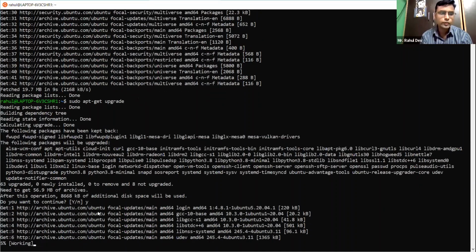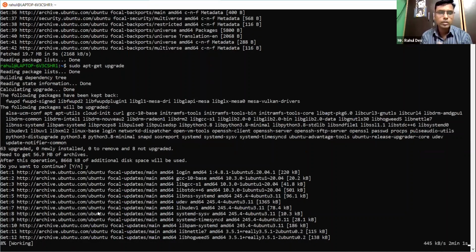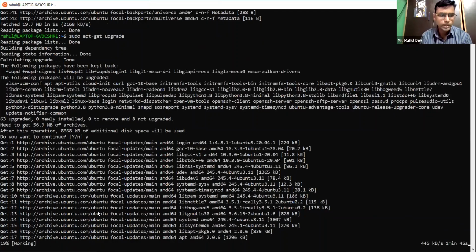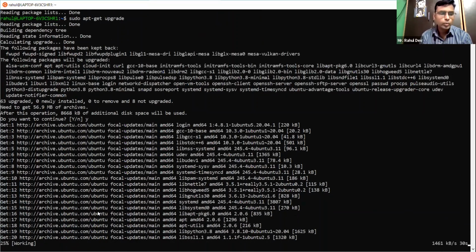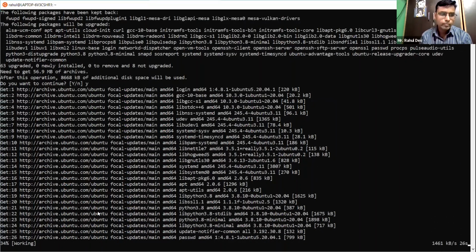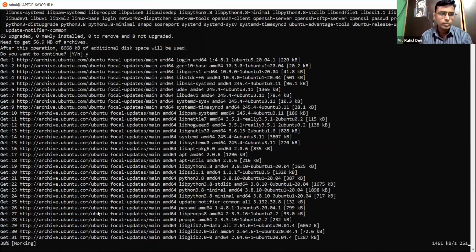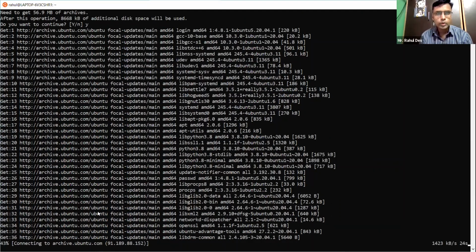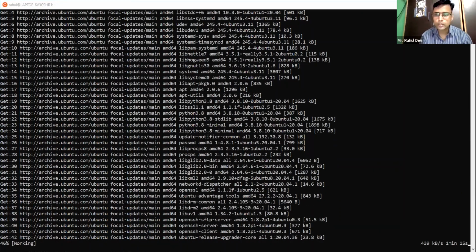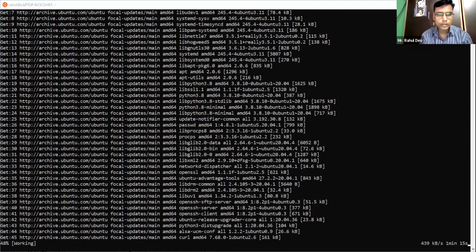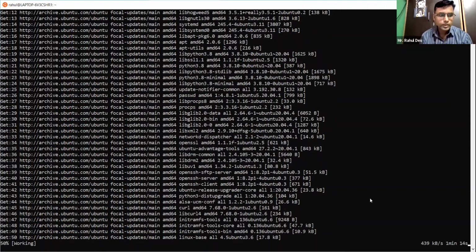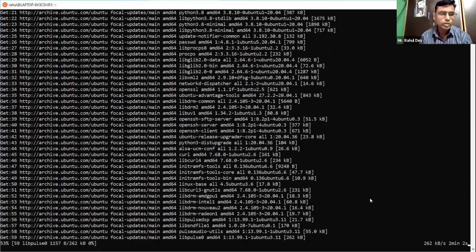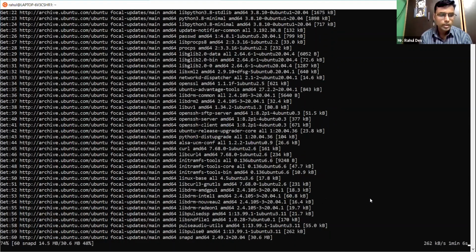It won't take too much time, but the time depends upon two factors. One is my system configuration on which I'm working at this moment, and another is how much internet speed is coming at this moment. These are the two factors which will be very important while doing all this work. After updating, it is at 50%. It won't take too much time. Hopefully my internet is doing good today, so it is going.